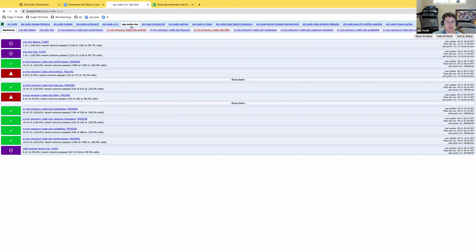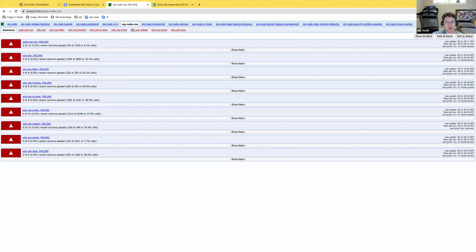And then I'm not sure whether there is a bug for this failure, this is completely red, but if it's not, I will cut one and see what we can do. I remember having problems understanding who is owning this tab. It feels like there were some other owners beyond SIG Node, but now it's under SIG Node. So I need to double check with the cost team if they want to own it, or what specifics of this tab we need to preserve, and if we shouldn't, we can just remove it.